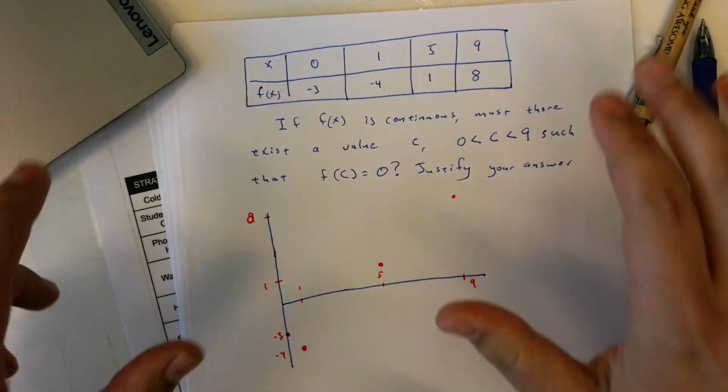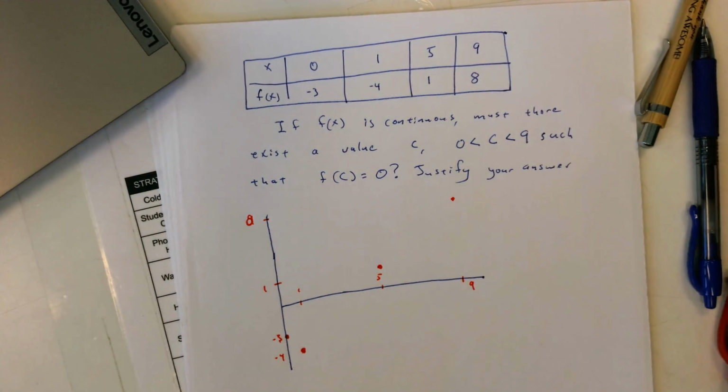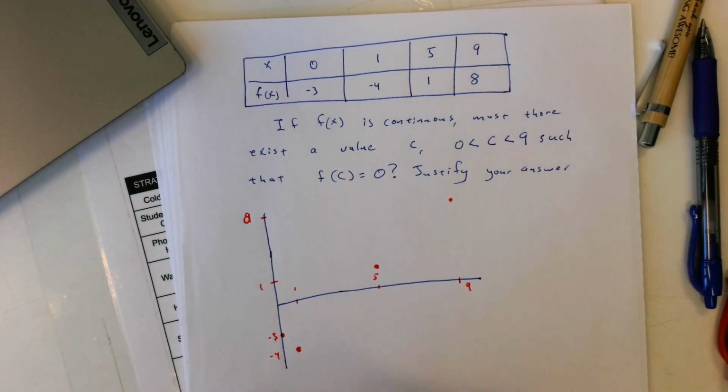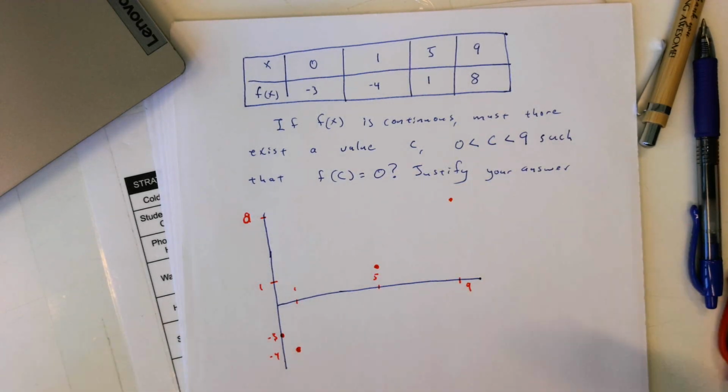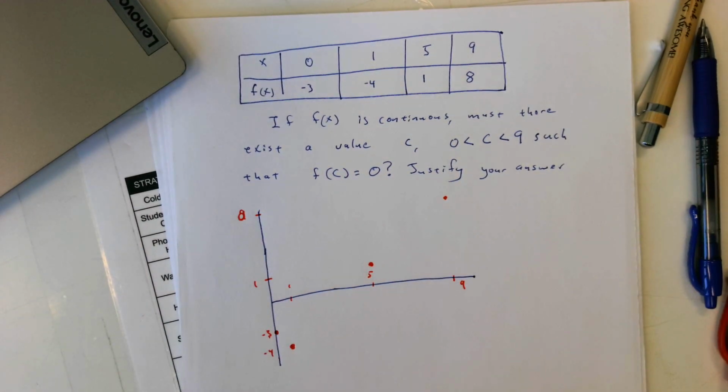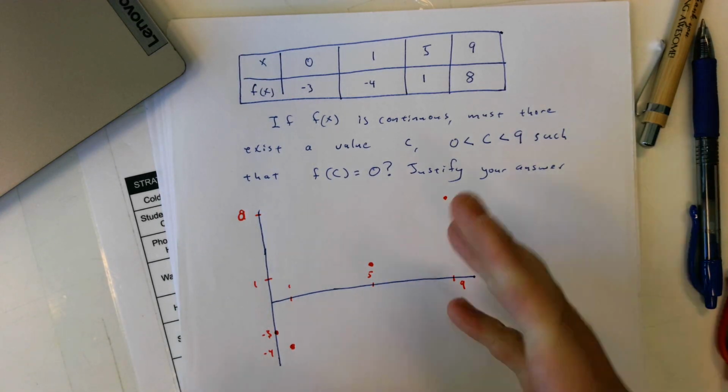So here we have a tabular function, a function that we are given a table for. If f of x is continuous, must there exist a value c, 0 is less than c is less than 9, such that f of c equals 0? Justify your answer. And I made this little graph down here because graphs are fun. But what this pretty much says is,